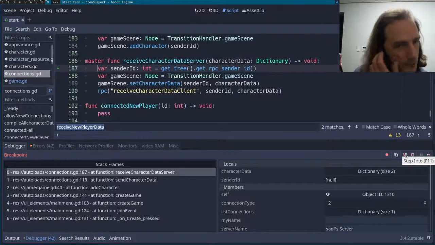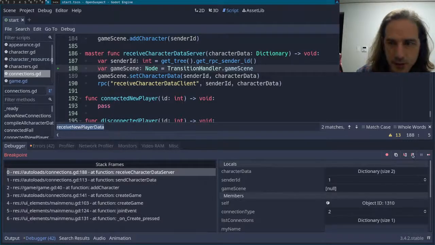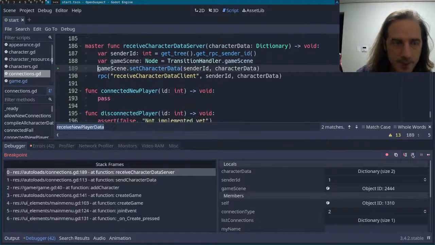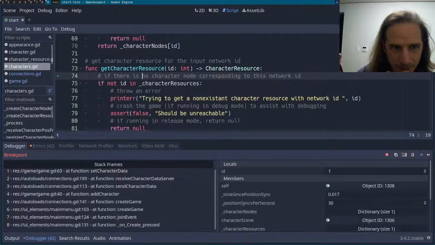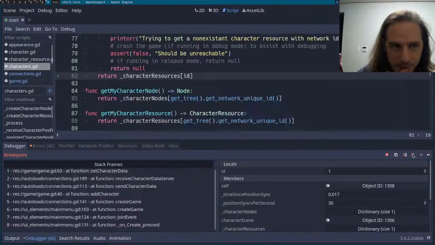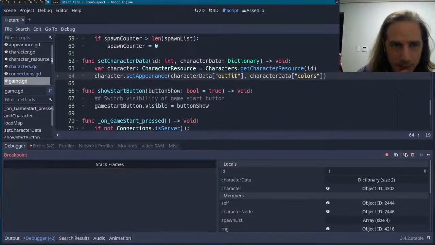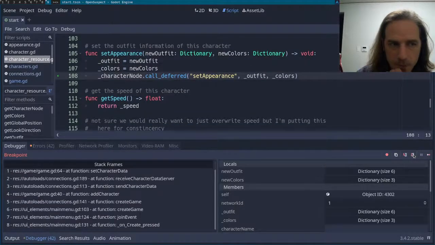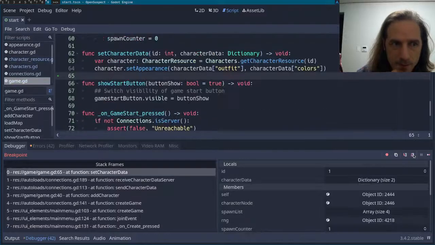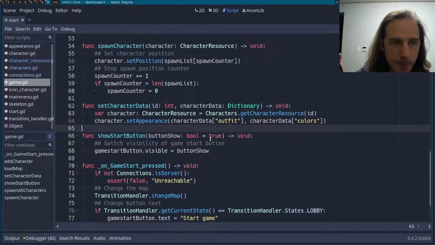So, for some reason, the server acts like it received the character data, and then it goes back to set the character data. Character set appearance, and then set the appearance again. I mean, this might not be a problem because this would just mean that, I guess, let me just